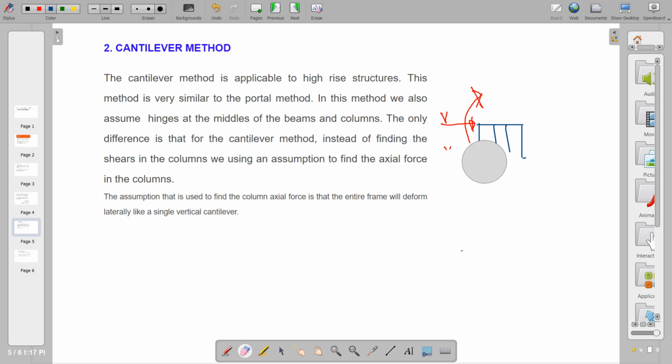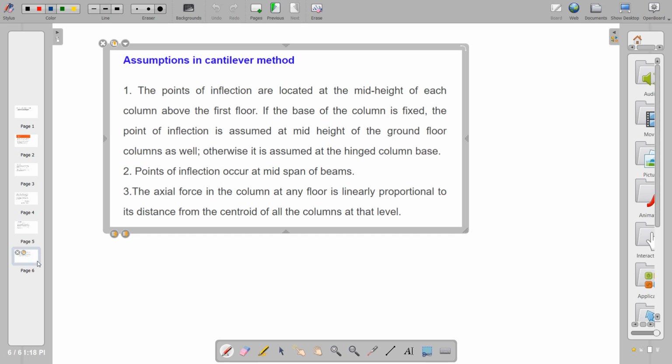So what would be the difference now? The difference is, in Portal method, we will first solve for the shear. And remember that the shear is always horizontal because a shear force is a cutting force. It is not an axial force, okay? So for Portal method, first is to solve for the shear. And for cantilever method, first to solve is the force on the column. So force on the column is basically an axial force. Okay, so in a short while you will discover the method.